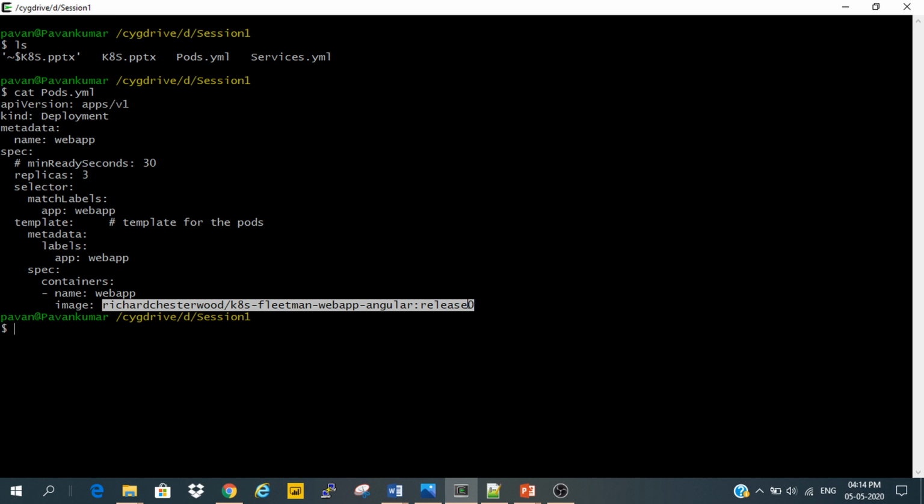If we delete 2 pods, the 2 pods will be created automatically, so 2 plus 1 makes 3 again. It will always maintain 3 replicas.